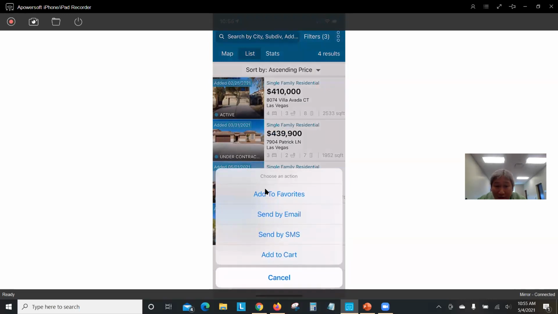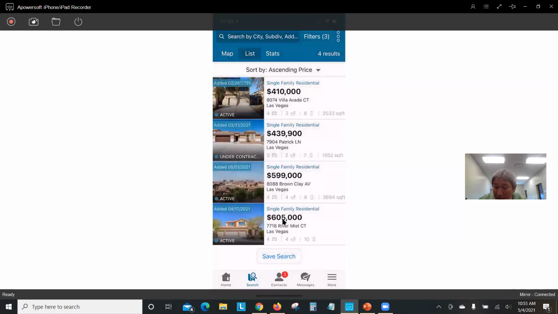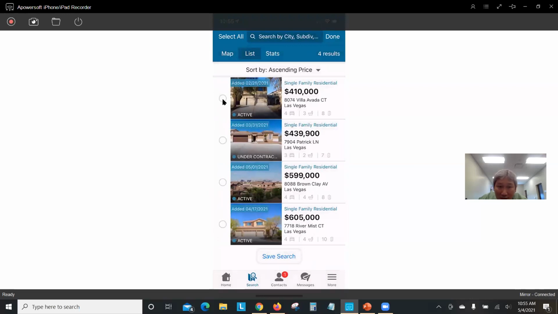I can put them in favorites, which puts the little star, remember, add to favorites. I can email them. I can text these 4 properties simultaneously, or I can put them in a cart. So if I want to email them, for example, I will tap email, and then on the left side, you see